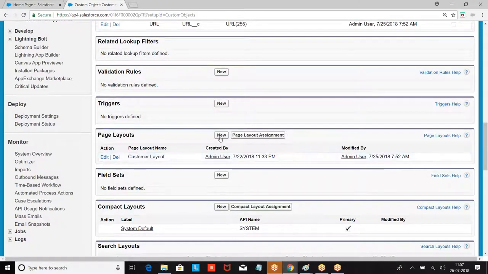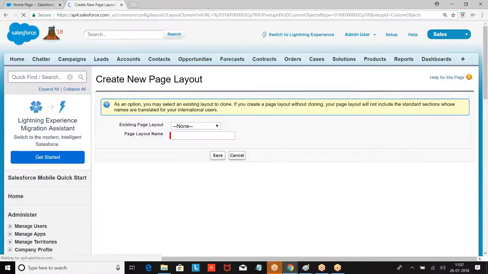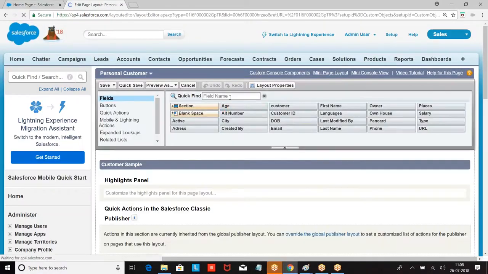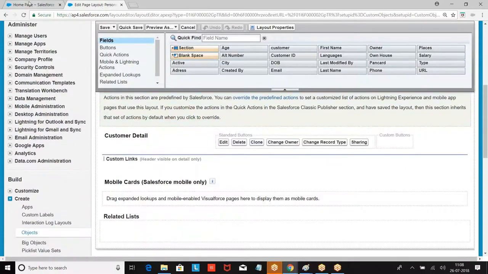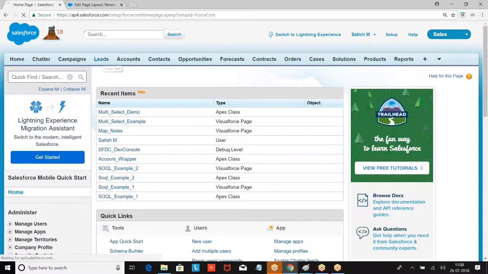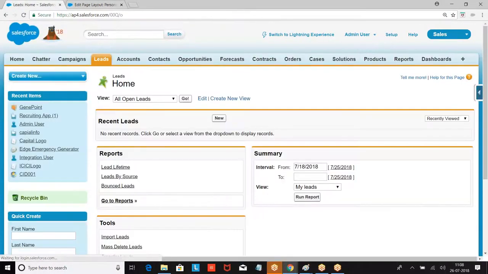Now I am creating a new page layout. I am giving the name personal customer. First, we are supposed to create a section. What is that section?